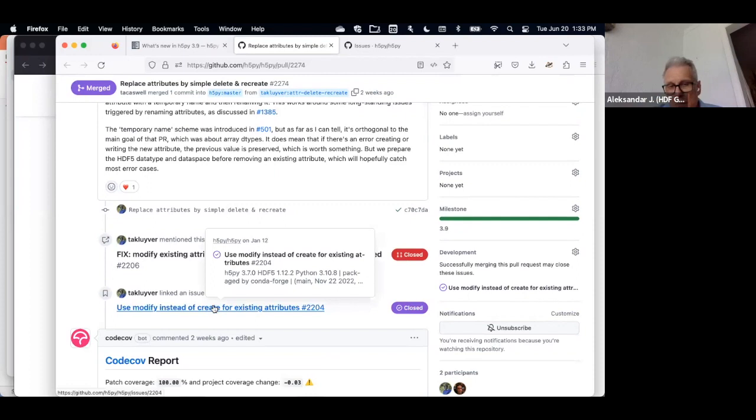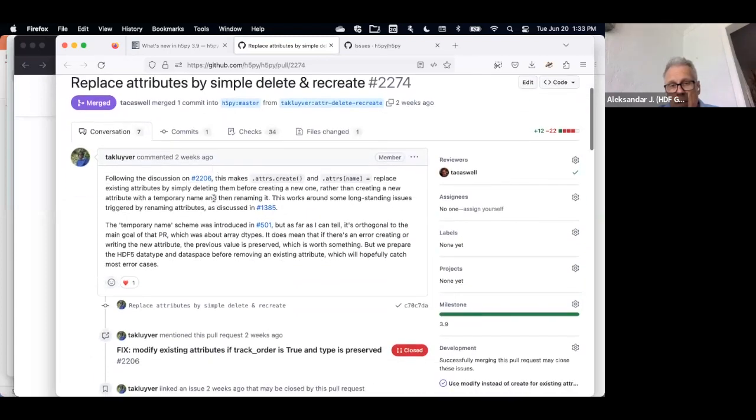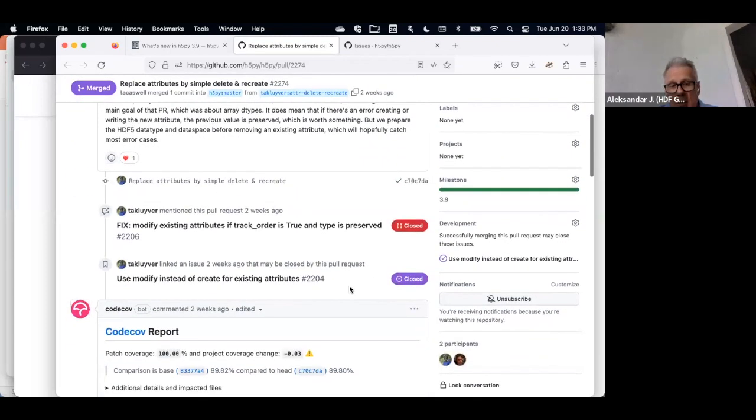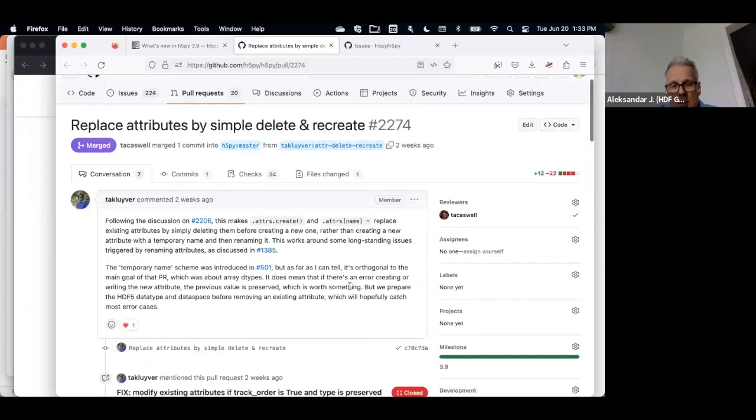It basically just modifies the attribute instead of creating a temporary one, deleting the old one, and renaming. So we'll see how this goes. Probably it will take away this error problem, but maybe introduce some other issues, maybe if there are some kind of race conditions and things like that.